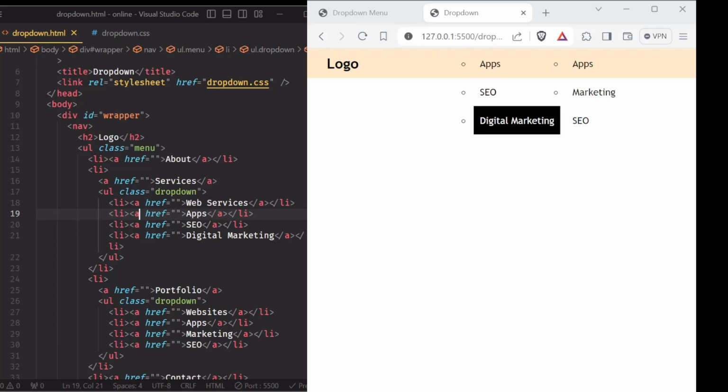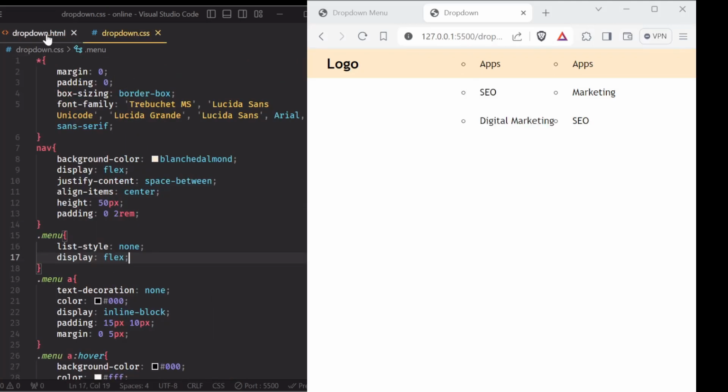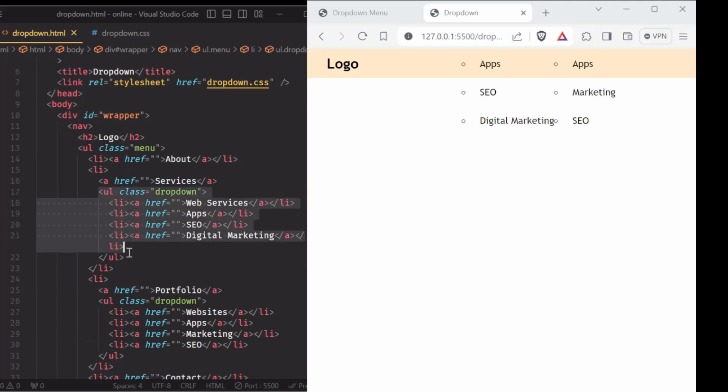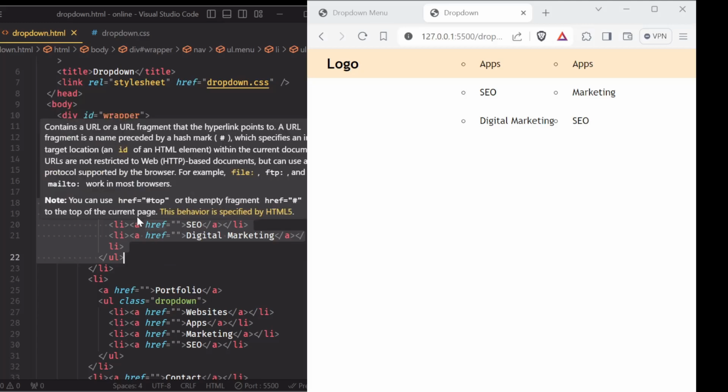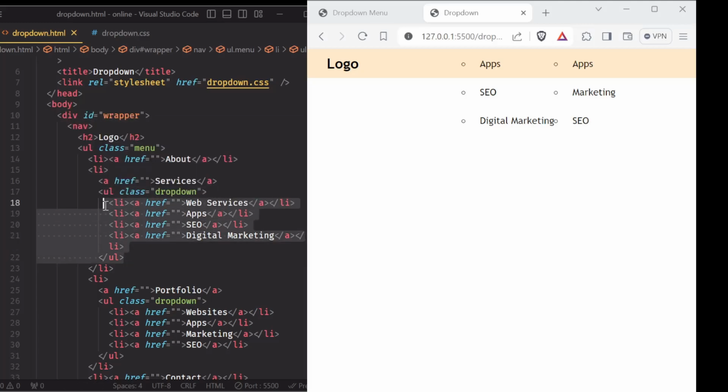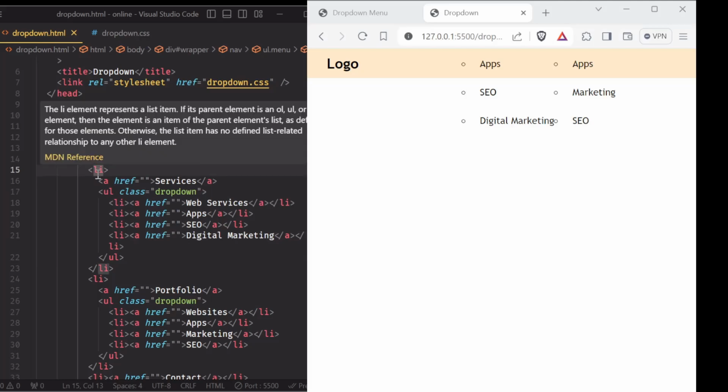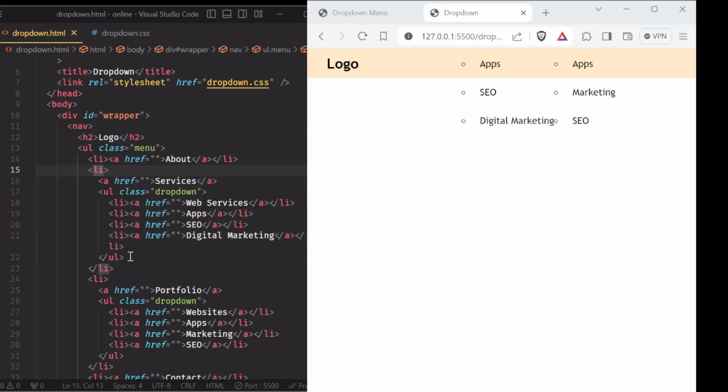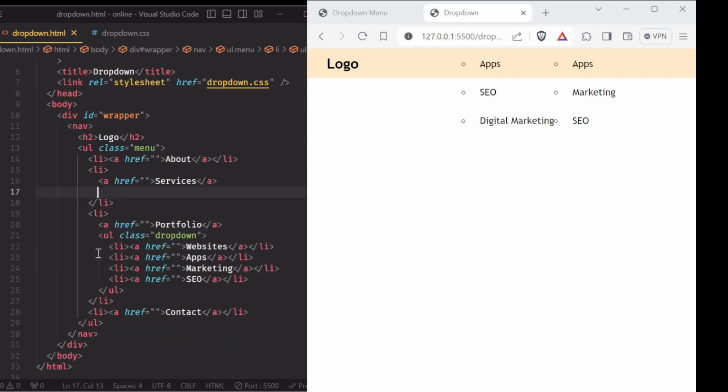The first thing that I'm going to do here is I'm going to separate this UL, this drop-down, from its parent li. Once again, I'm going to separate this UL from its parent li. Now, when I say separate, we will not separate it from the li, we will not take it out of the li. No,